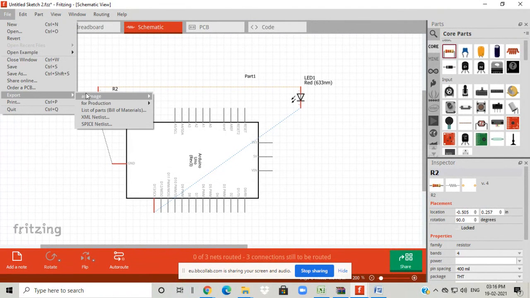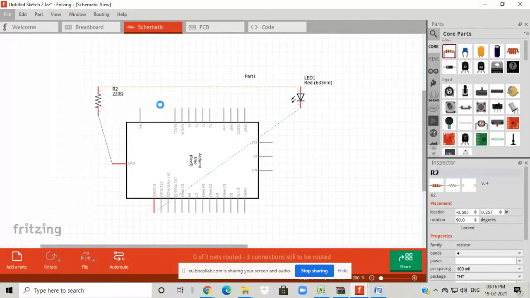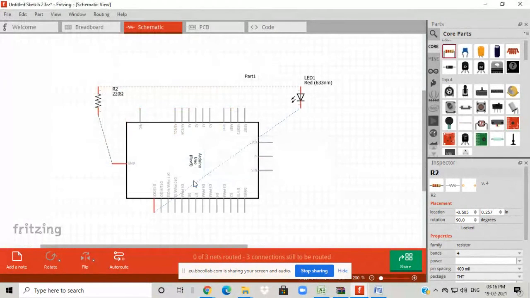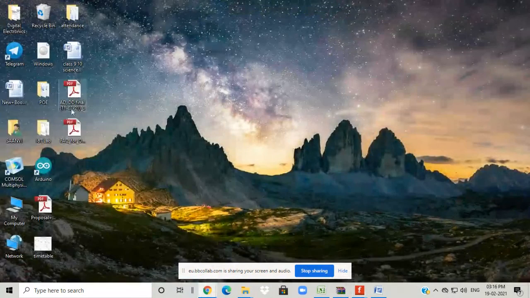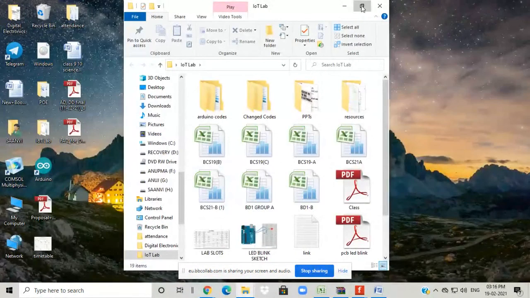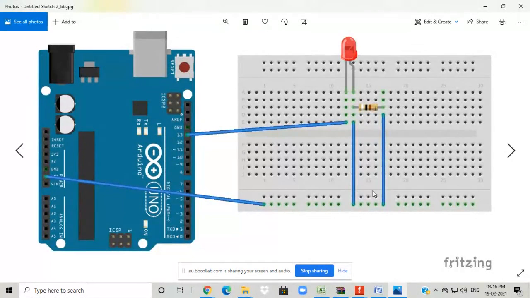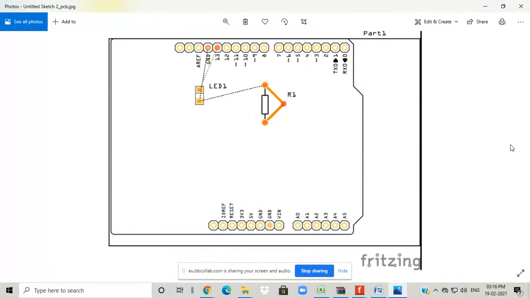File, export as image, JPG. Okay, schematic. So similarly, we can export the PCB. So I will show you different features of our project. So it is the breadboard view. Then it is the PCB.